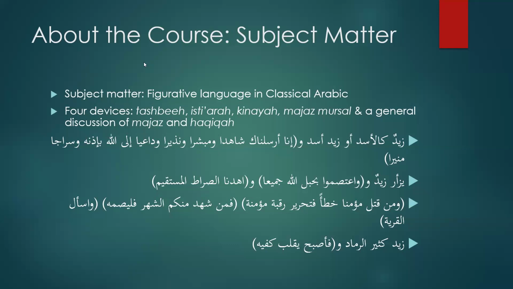In the case of Zayd is a lion or Zayd is like a lion, there's an alaqa of mushabaha, and that alaqa is being stated outright. That relationship between them is a comparison, and it's being stated outright. In the case of an isti'ara, the alaqa is still